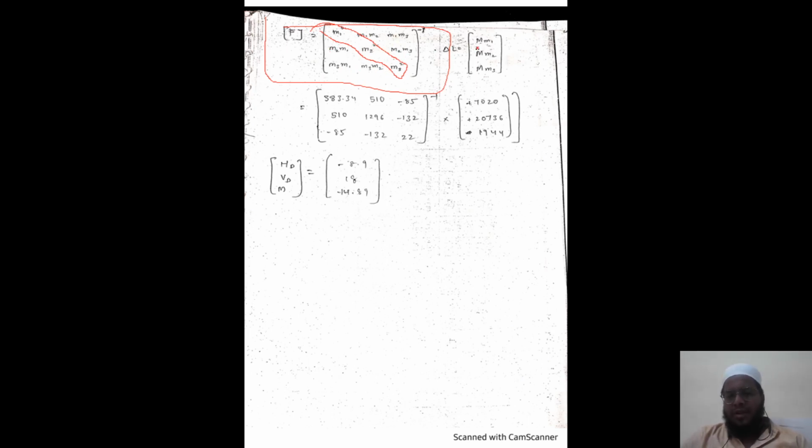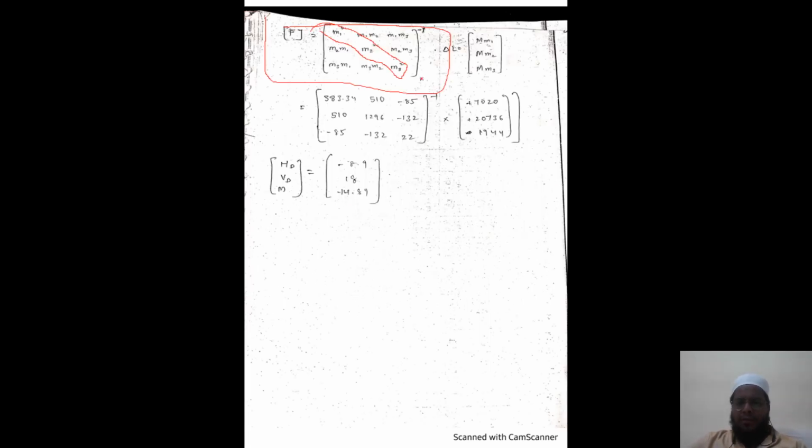Delta L should be taken up here, that is m1 m2 m3. Now once you substitute all the values here, just do the inverse of the matrix and multiply with these values. So it is 7020, right? So we got these values as 7020 in minus, but if you do delta minus delta L,